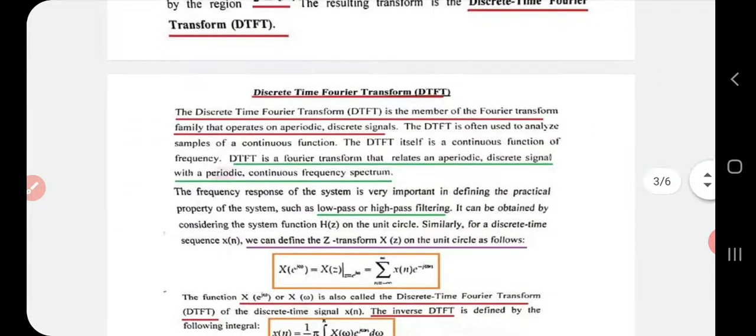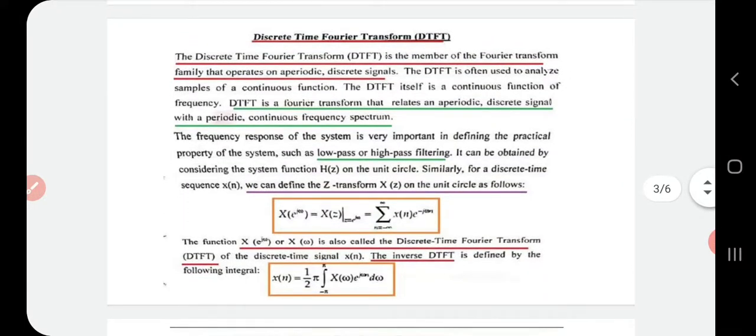Now it can also be considered as a member of Fourier transform family that operates on aperiodic discrete signal. Remember, it operates on aperiodic discrete signal, or it can also be defined as a Fourier transform that relates an aperiodic discrete signal with the periodic continuous frequency spectrum. Study those underlined parts. That is, DTFT is a Fourier transform that relates an aperiodic discrete signal with a periodic